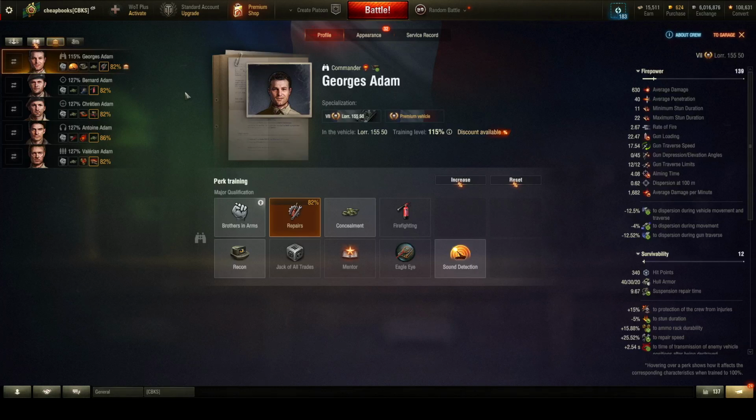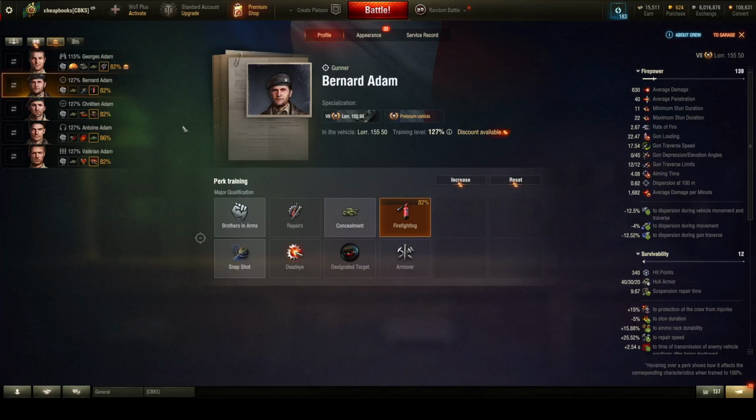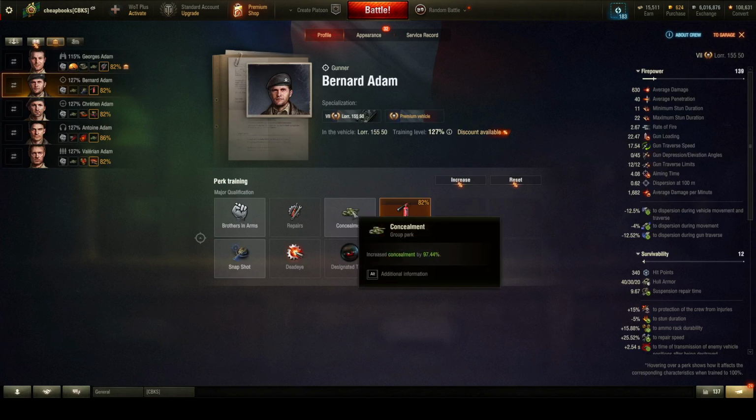I have enough crew members that mine always stay in the same class of vehicle, because I have enough crew for every tier and I have a surplus of crew on top of that, including 0 skill BIA. For the gunner, you're going to want Brothers in Arms, and then I would recommend Concealment